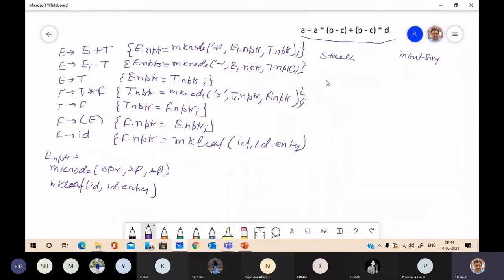So here you can write that pointer P1, which is make leaf ID, and for the ID entry you may write only the name A. Then it will shift plus, then A. Then again A is reduced. So make leaf.